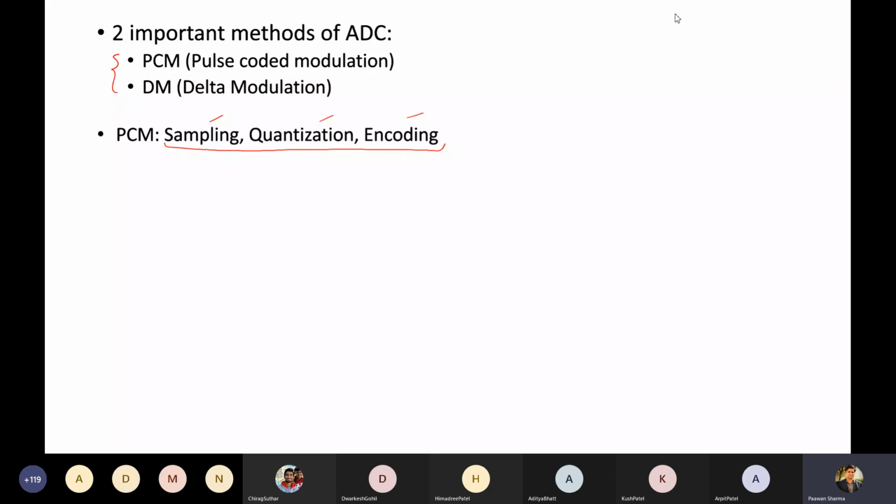Quantization, can somebody tell about quantization? So quantization means even for continuous time signals, for every different time there can be any number, a decimal digit, it could be up to the 100th digit. So we quantize, like if it's near to digit 1, we'll take digit 1 instead of 0.99. Good.